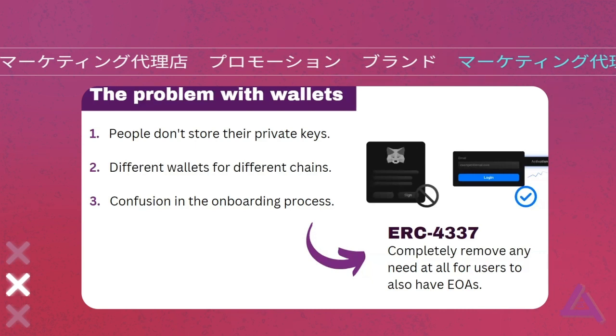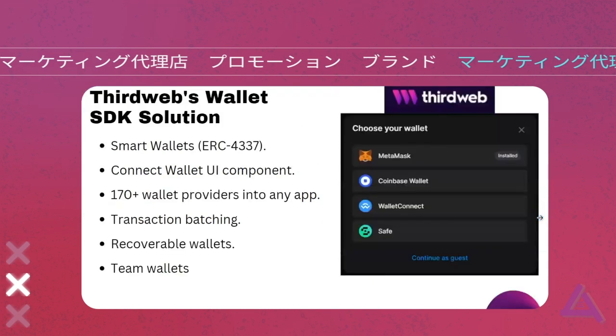I mean, you still are using it, but you don't see it. So it's the same thing, but you're using a smart contract for that. And one of the solutions I see that they are implementing this is Thirdweb Wallet SDK, because they did like a universal button where you connect your wallet and you can continue as a guest. And if you continue as a guest, you are starting the process with ERC-4337.